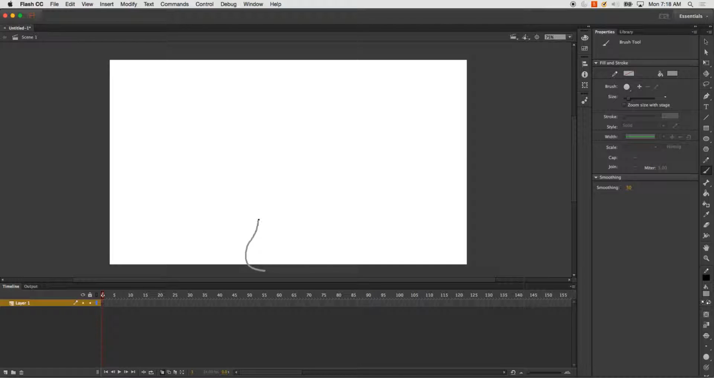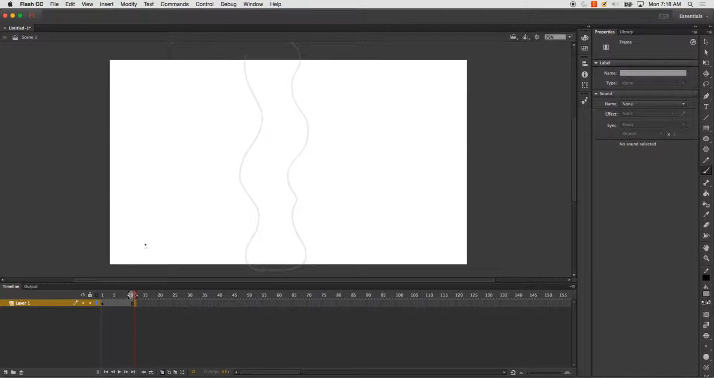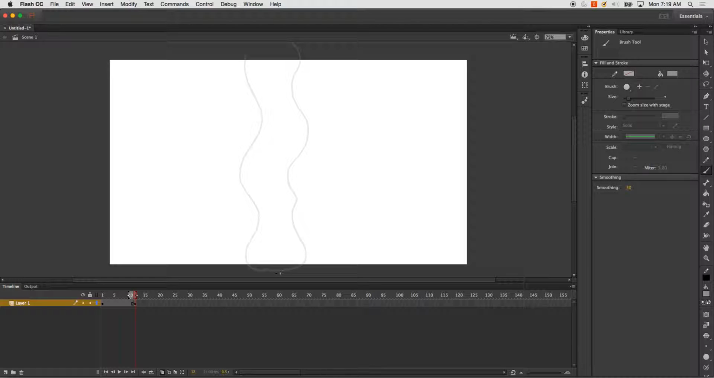And just sort of like the fire, you sort of just kind of something like that. And I'll go for about 12 frames. I'm going to create another smoke way over here on frame 12,